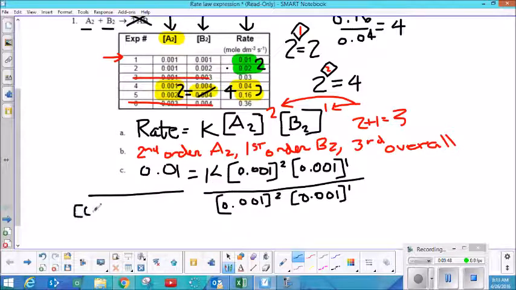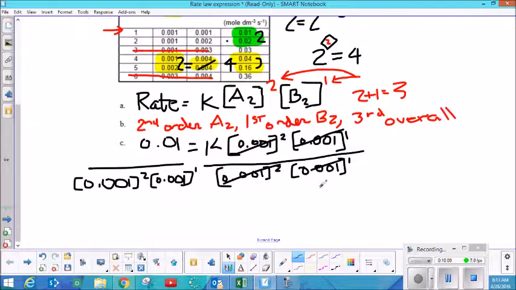So both sides get divided by 0.001 to the 2 and 0.001 to the 1. Of course, on this side of the problem, those things cancel out, and K is going to be equal to, and let's talk about how to put this in your calculator,